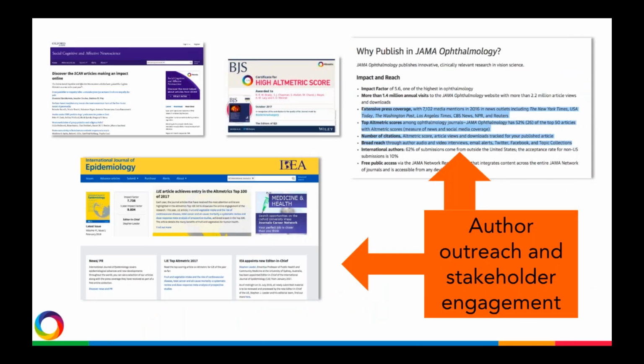Of course, Sarah mentioned how you can use altmetrics to attract new authors or potentially identify authors. But a really important thing to do, of course, is demonstrate your commitment to engaging with that broader audience and show yourselves to be innovative and up to date with the latest topics and the latest discussions in the field. So we've seen an increasing number of publishers not just adopting altmetrics, but then showcasing the fact that they've done so. So listing it, the fact that they provide this immediate feedback and extra information for authors, in their reasons to publish lists,